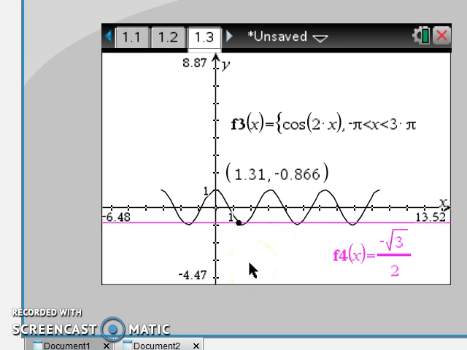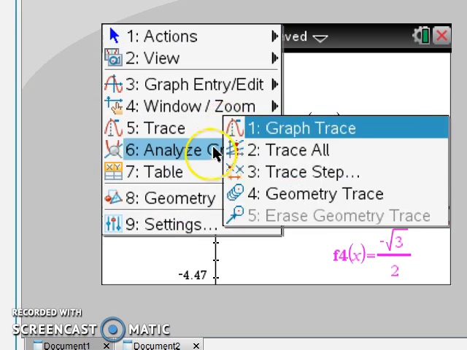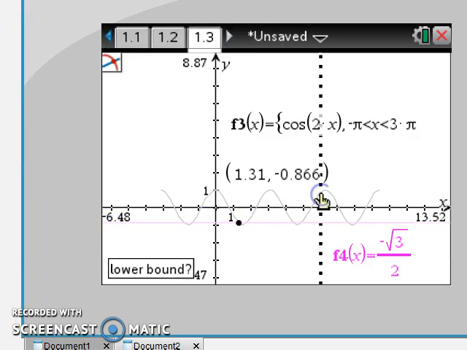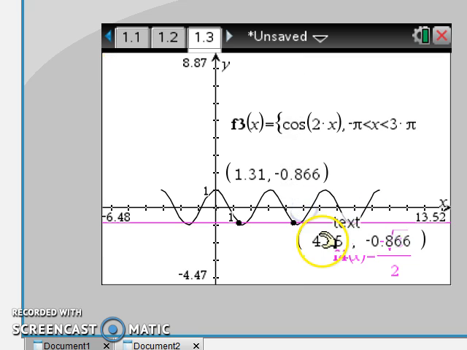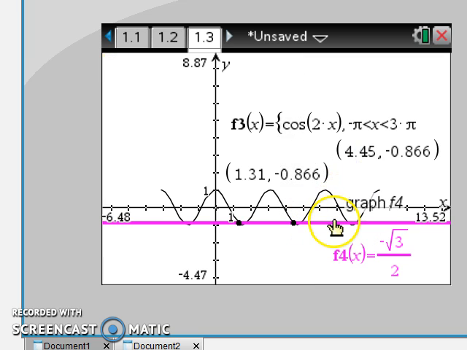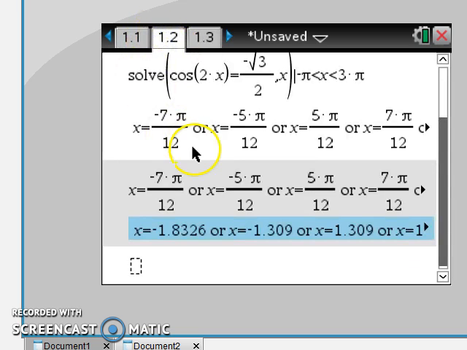It starts repeating after, yeah, there. Okay, so let's intersect there. That's 4.45, so that should be my